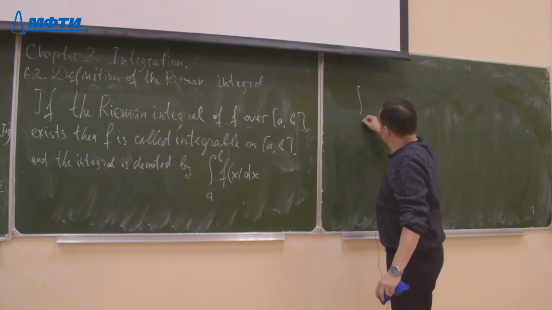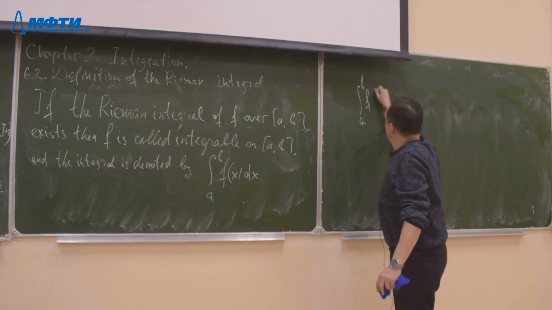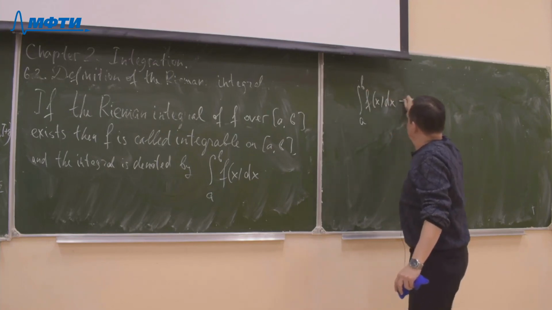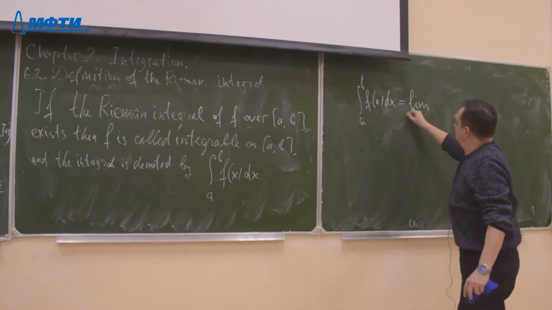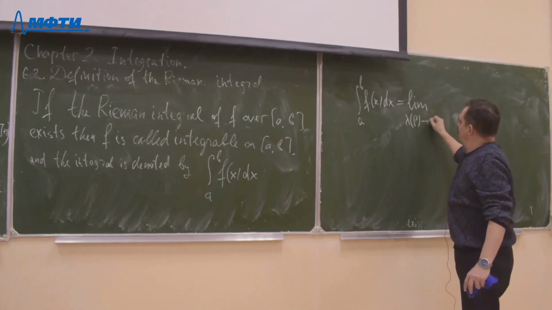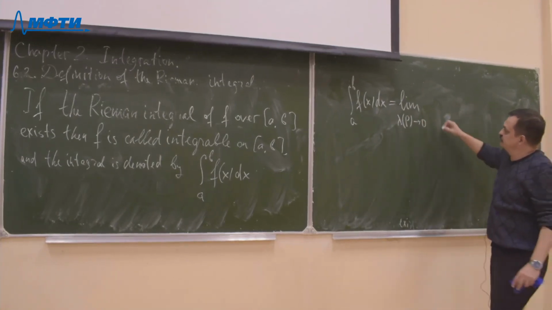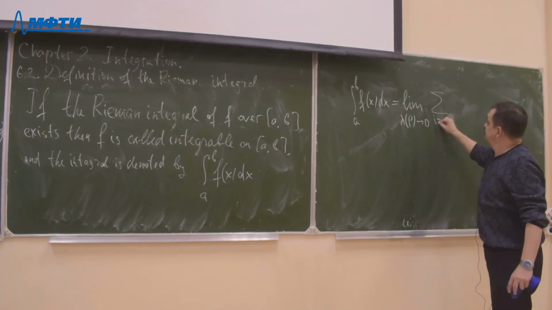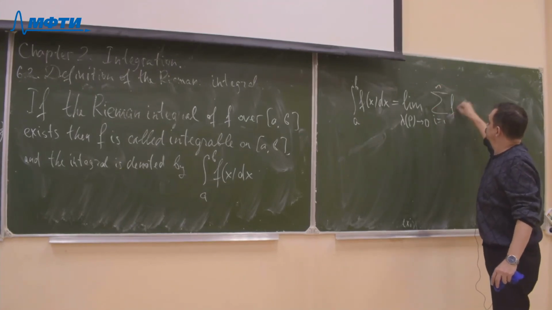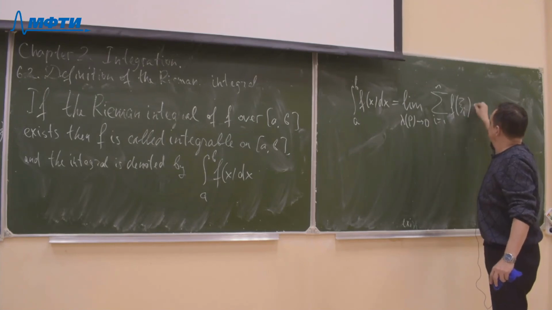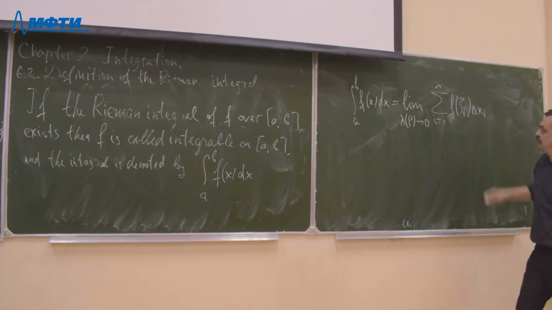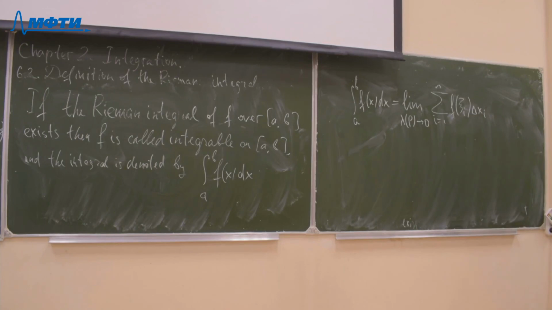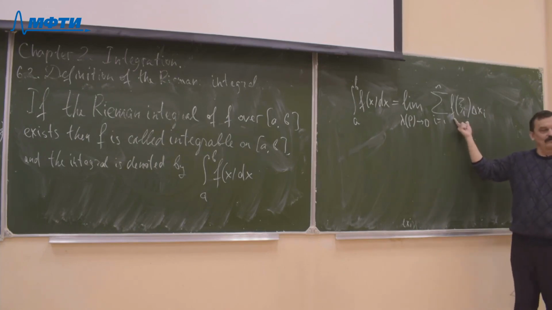So, the integral from a to b of f of x dx equals the limit as the norm of the partition tends to 0 of integral sums. So look what happened,